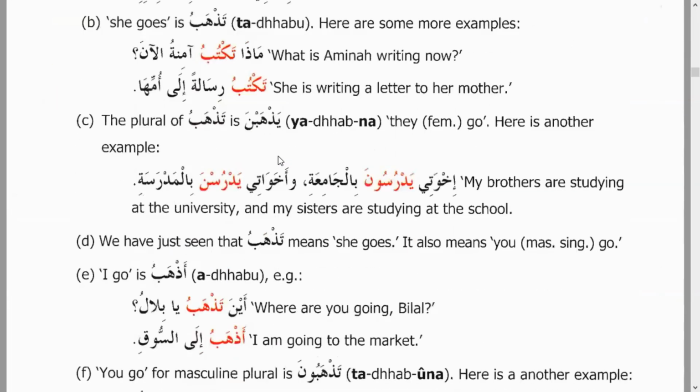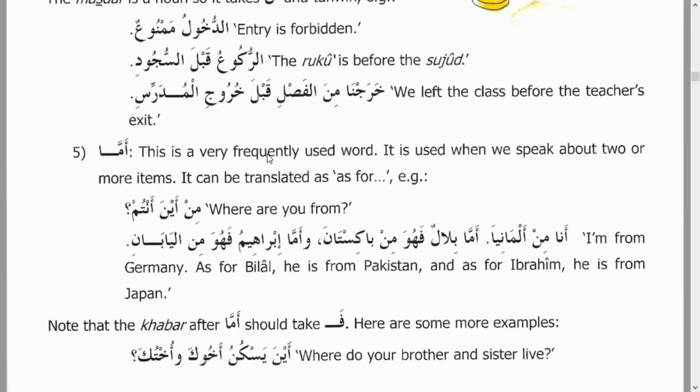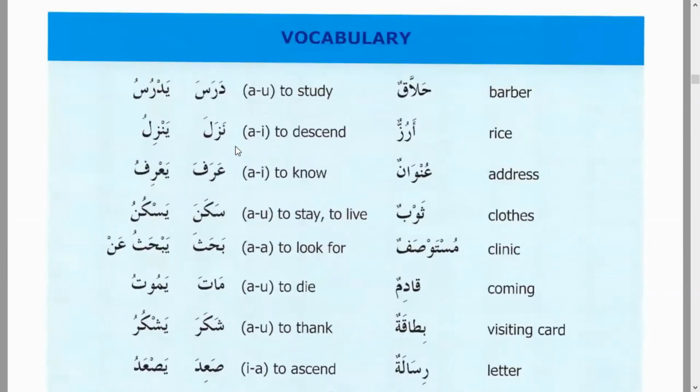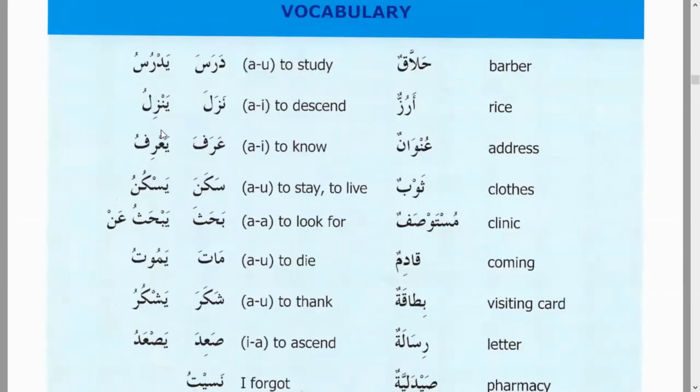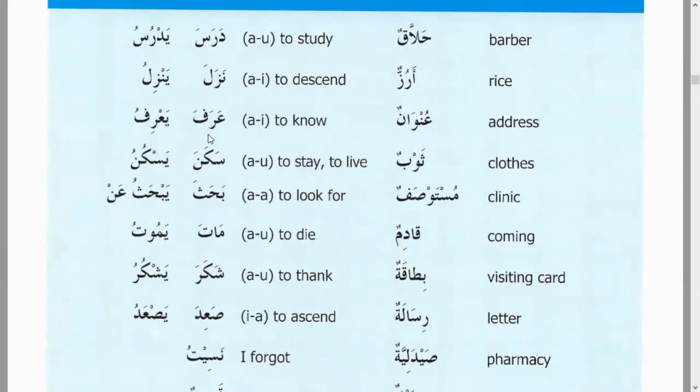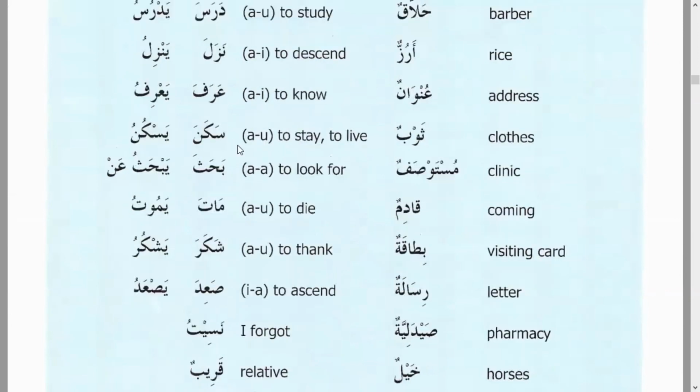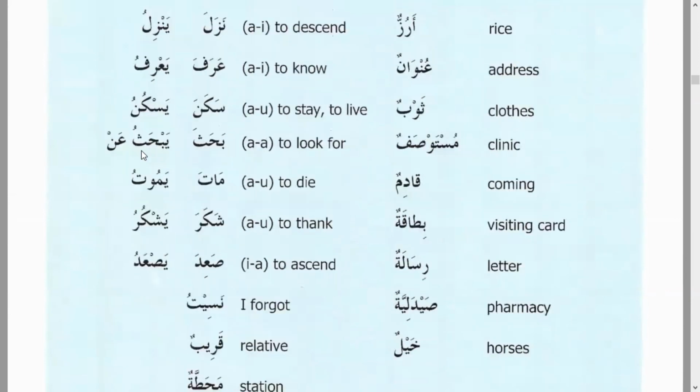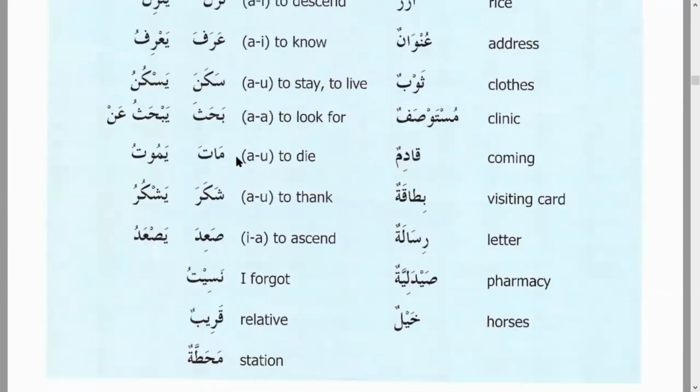So alhamdulillah, we learned about fa'il mudari and so on. Ma and la. Darasa yadrusu, to study. Nazala yanzilu, to descend. Arafa ya'rifu, to know. Sakana yaskunu, to stay, to live. Bahatha yabhathu, to look for, to search something. Mata yamutu, to die. This was actually,